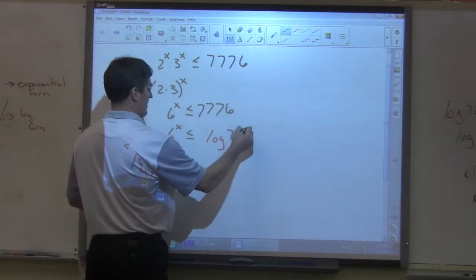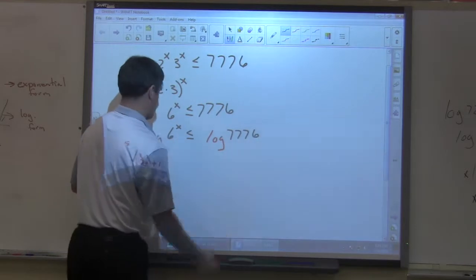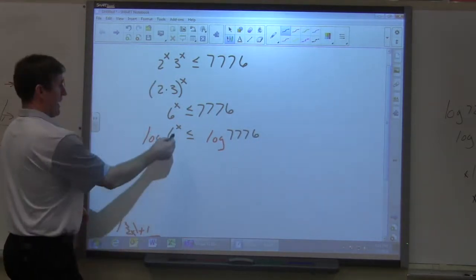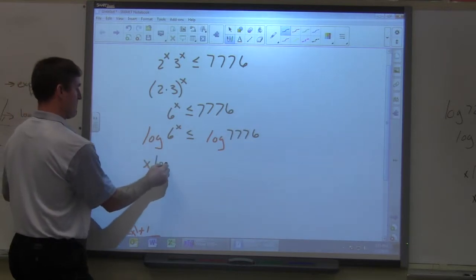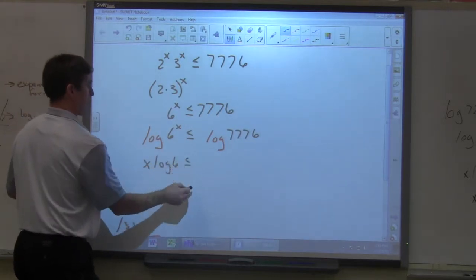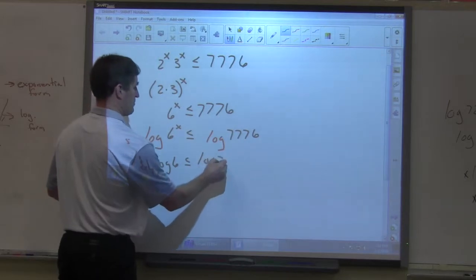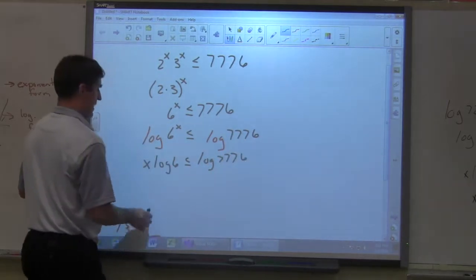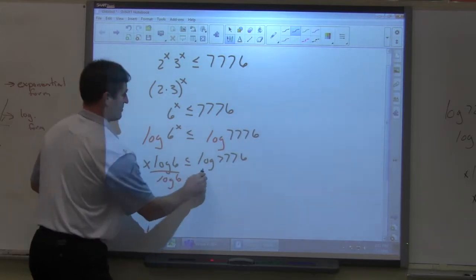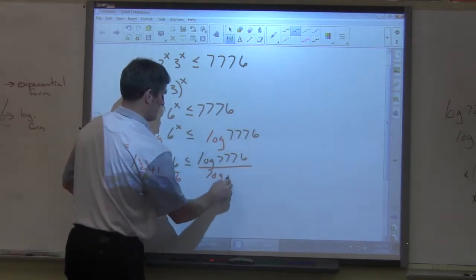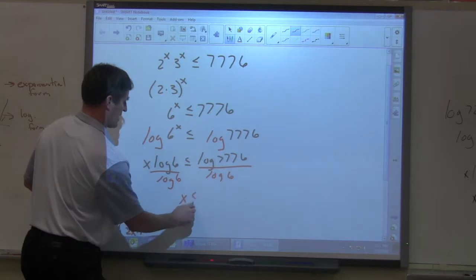Log 7,776. I can bring this x that's in the exponent out front and write it this way. And then divide by log 6. So x is less than or equal to,